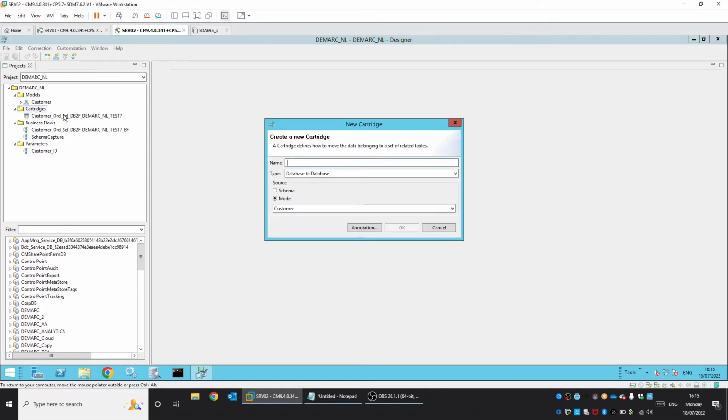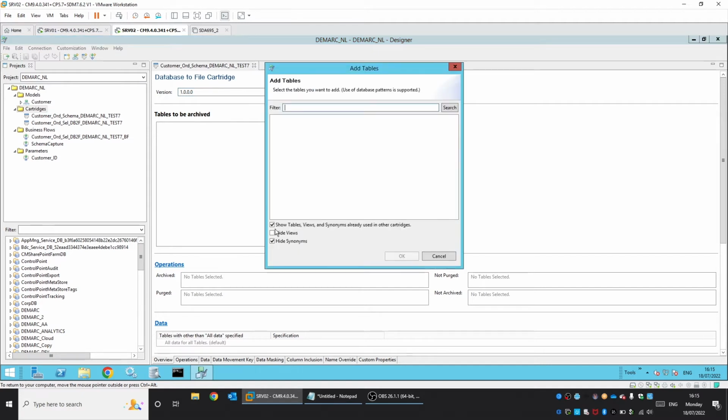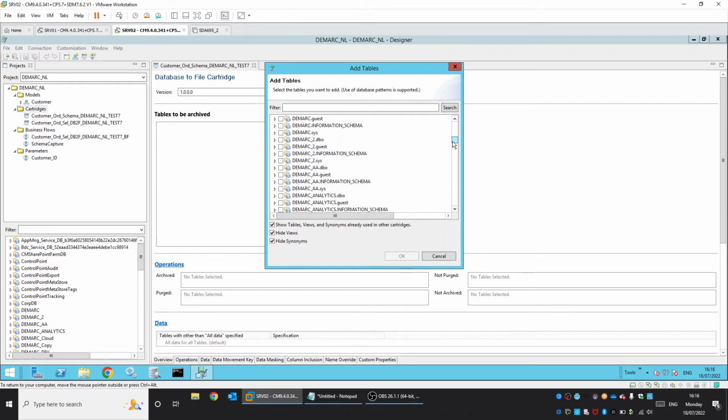If I wanted to create a new cartridge, I would give it an appropriate name. I would also select database to file as the type. But the key change here is instead of selecting model as the source, I will select schema. And then I have the opportunity to specify the tables that will be targeted. Then if I wanted to navigate to the relevant database,